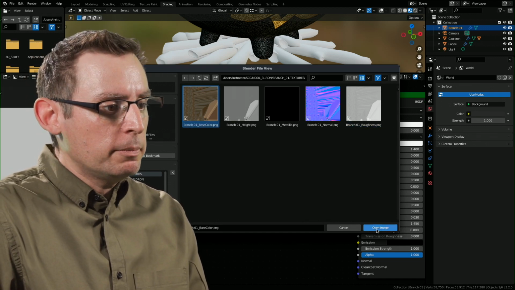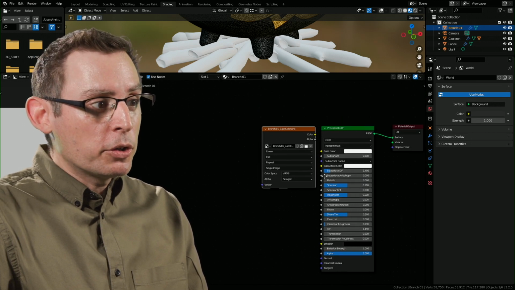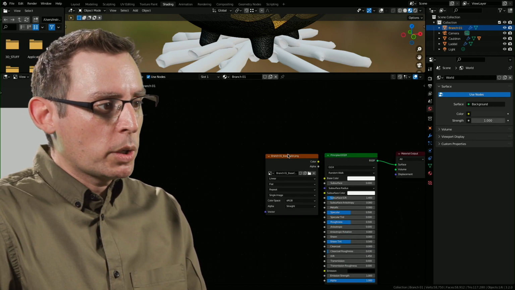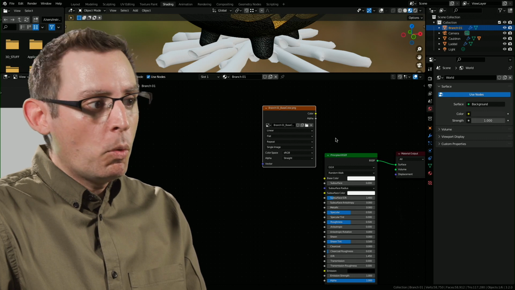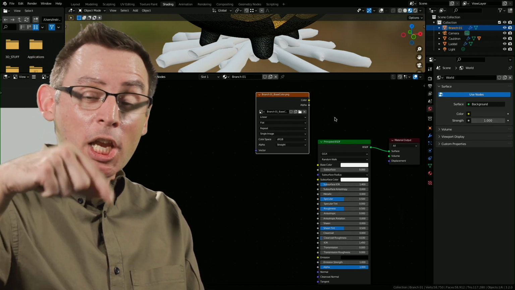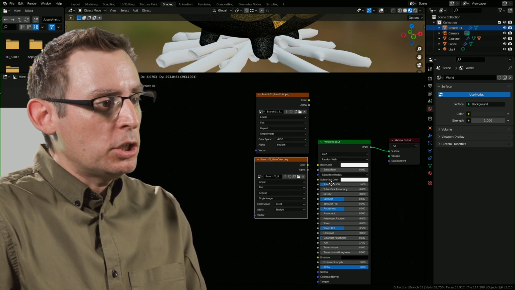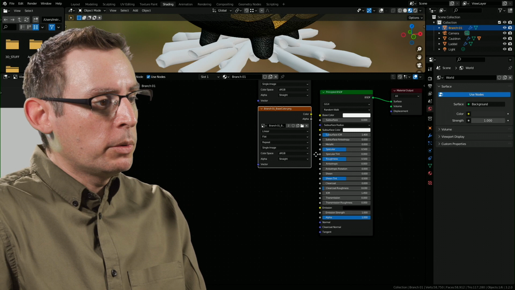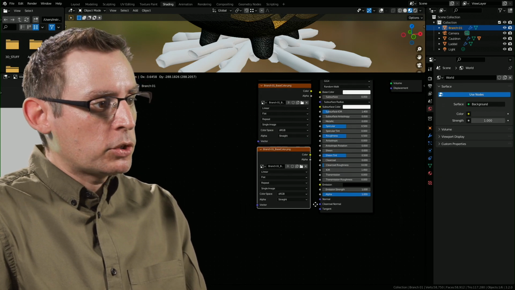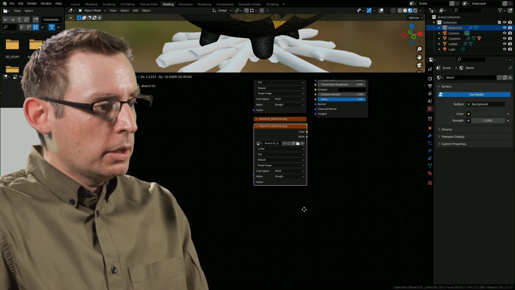Let's start bringing these in. That's the base color. And we're going to need to bring the others in as well. And here's kind of a great little shortcut. We don't need to add four more. What if we just duplicate this node and change the file that it's pointing to? That could make it go faster. So Shift D to duplicate a node. I have 2. I'm going to 5. Shift D again. There's 3. Here's 4. And of course, here's the 5th one.